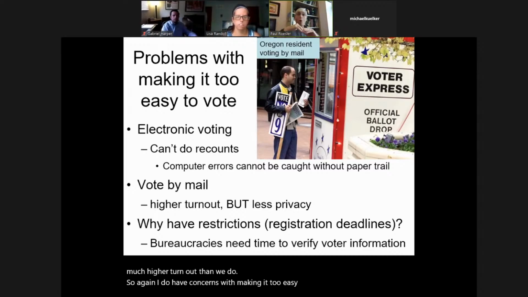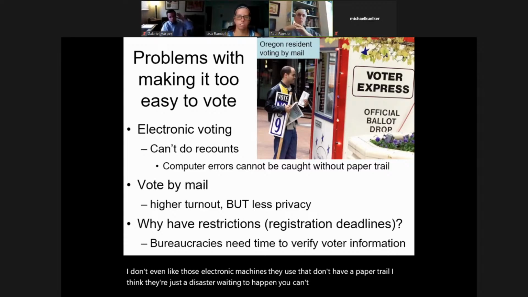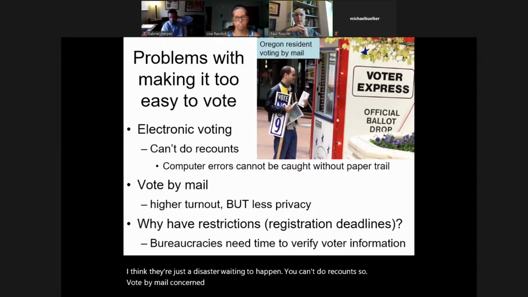Electronic voting is a horrible idea. I don't even like those electronic machines they use that don't have a paper trail. I think they're just a disaster waiting to happen. You can't do recounts. So, vote by mail, concerned with privacy. But